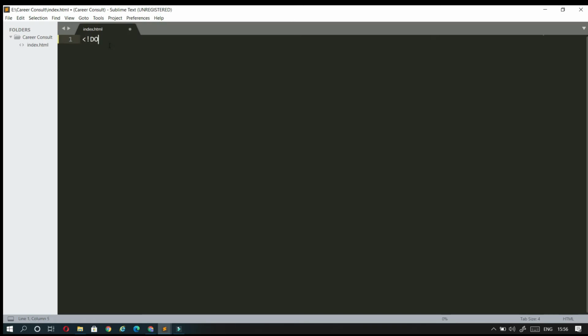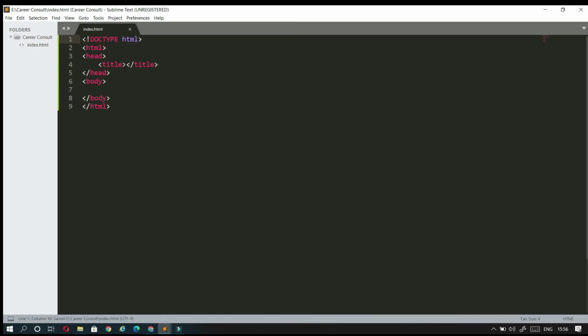Here I am going to write the HTML syntax which I described: doctype HTML, which represents the HTML5 version, and then HTML. In Sublime Text, if you just type HTML, the whole HTML template will come. While you are a beginner, I don't recommend using this, but if you are doing a project and need it in a hurry, you can use this template and it will be really easy. Here, doctype HTML represents the HTML5 version, and as I said, each and every piece of content should be inside the HTML tag. After that we have the head, and inside the head we have the title.